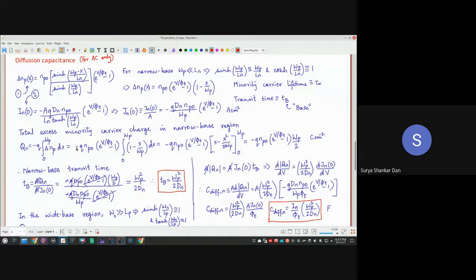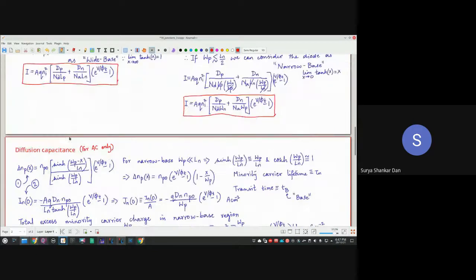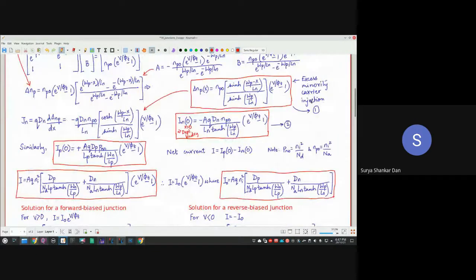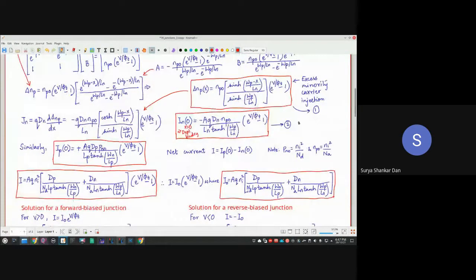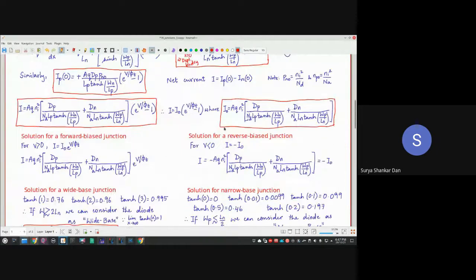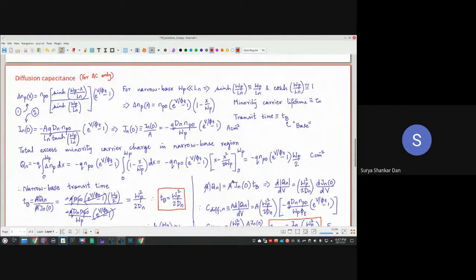So in this diffusion capacitance part, what we will see is, remember that equation 1, 2 I have written, excess minority carrier injection, excess injected minority carriers. So this equation I have copied over here. What is the other equation I have copied? Equation number 2. This one I have copied again. So for the narrow base, this is the case. Now we will highlight two important time factors. Notice we are speaking about narrow base over here, specifically valid for narrow base, that means BJT.